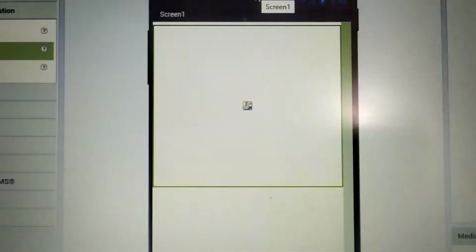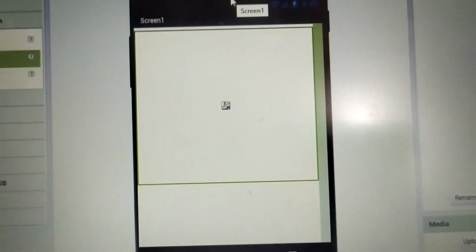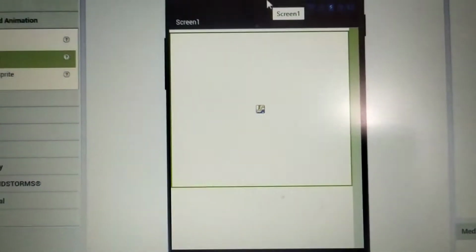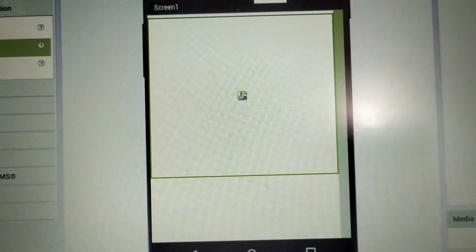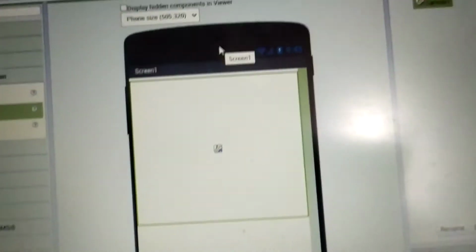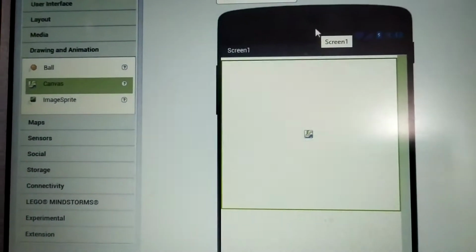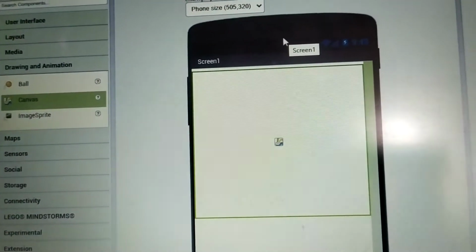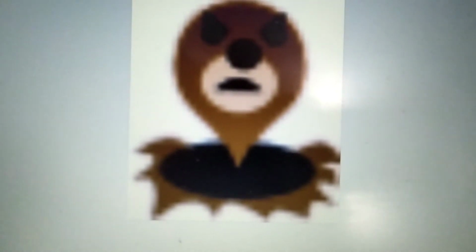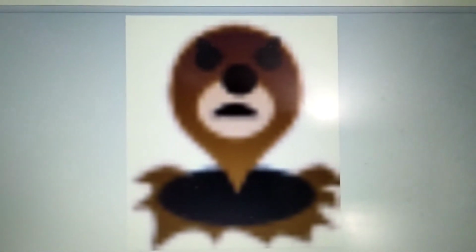Before we move forward, I would like to tell you that we are going to make a game app. When we play it, the mole will move around. When it hits the screen, it will gain points. So this is our app which we are going to build with MIT App Inventor. So this is the image that we are going to play the game with. I know it's blurry because it's not my image. So this is the image that we are going to use for making the game.